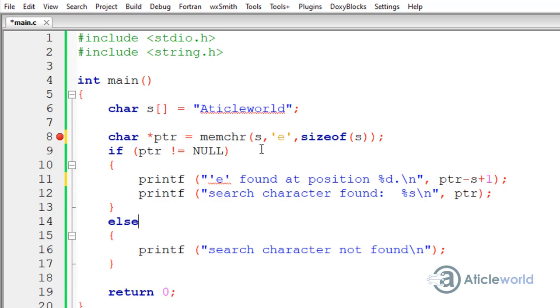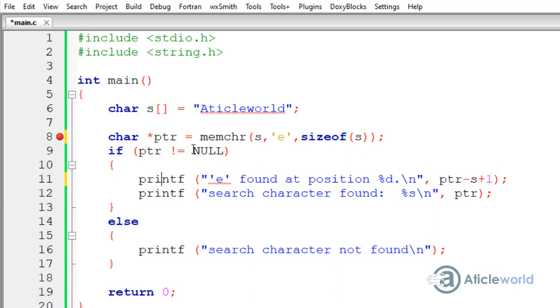So memchr function scans the article word from A to the given size, and here you can see in my string E is already present. So when it finds the E, it will return the address of E, and this address is stored by the ptr pointer.